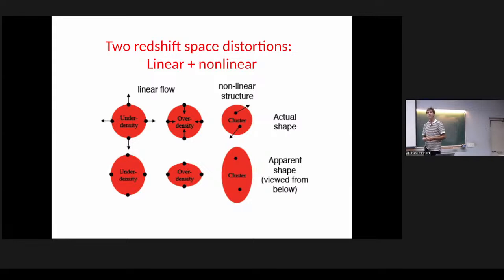But if the way we were going to use the Alcock-Paczynski test was to say, I'm going to reconstruct something to a sphere, that's only correct if it should be a sphere. Now we're arguing that if we look at a dense region or another dense region, we will get ellipses. It complicates the use of the Alcock-Paczynski test. So we must be able to account for the fact that the observations are done in redshift space, to be able to do the Alcock-Paczynski test, to be able to make a round circle whose radius we can measure. Okay? So these two things will go hand in hand, accounting for the fact that we make a measurement that has redshift space distortion.